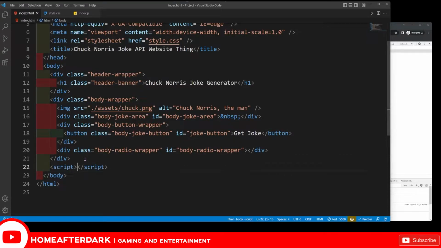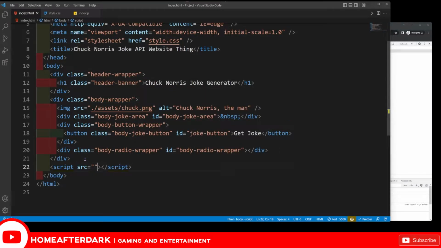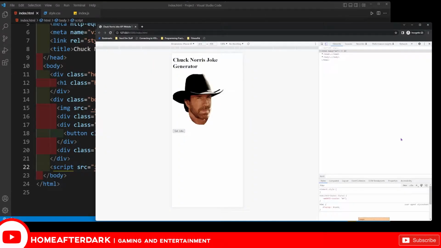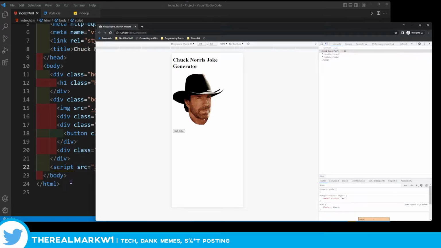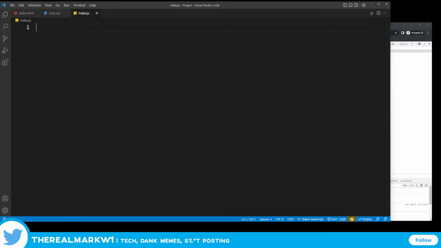And so I'm going to have a script in here, and I have the source be, let's do this, index.js. So we have get joke. This is everything we have from the HTML. So we're essentially done with that, unless I've done some kind of typo, which is always fun to see people make in tutorials. So now what I should be doing is going from our index file here